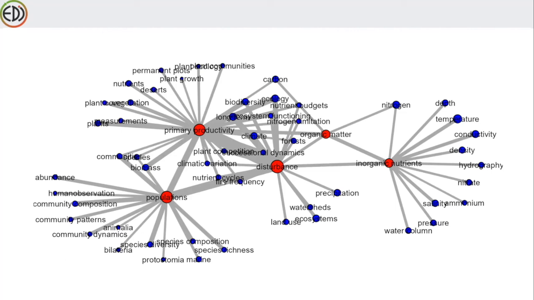So the thickness of the line between these keywords is relative to how frequently they are being used together. So based on this analysis, which is the most used keywords, or the keywords that are mostly used together, I have tried to come up with somewhat more reasonable